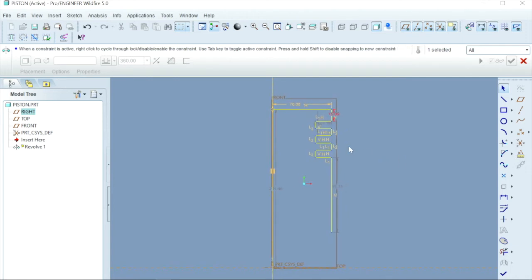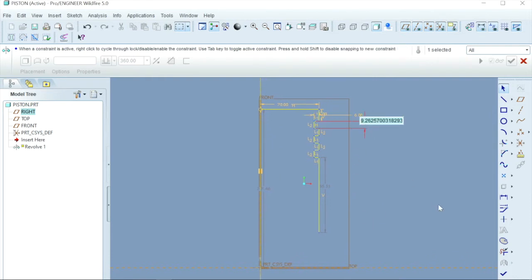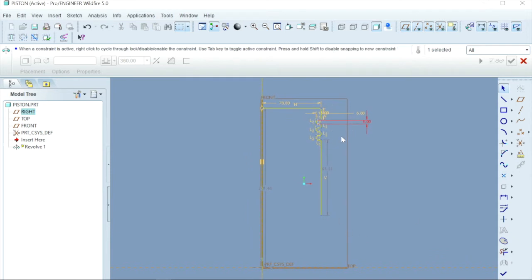Okay, now we need to enter this dimension and this dimension. Okay guys, so now this dimension should be 6 and this dimension should be 5. Now you can see all three rings we have created, and this length I'm giving 90.